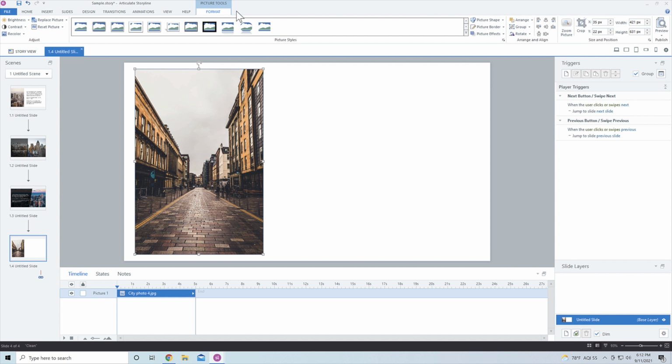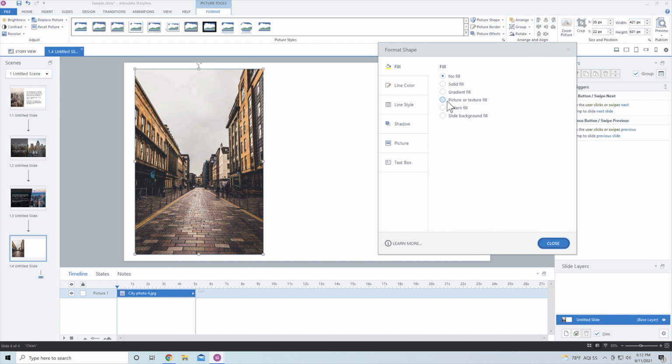So some of the styling that you can apply on the shapes, you can actually apply on the image as well. So coming into the image, I can add a border. I know I said I didn't like borders, but in this case I do. And so I can go into my text box, go into the line color, and it's right now set at white. The line style, the width, let's go ahead and adjust it to 5.